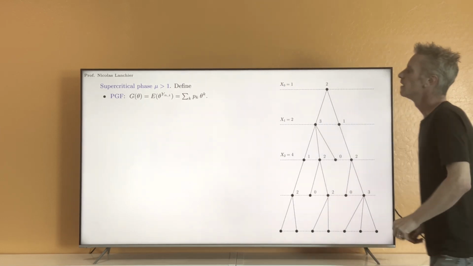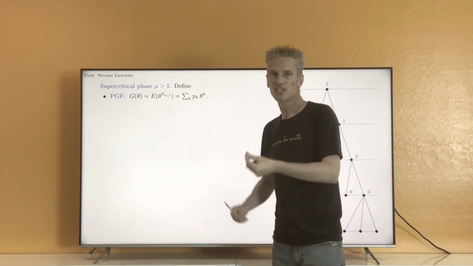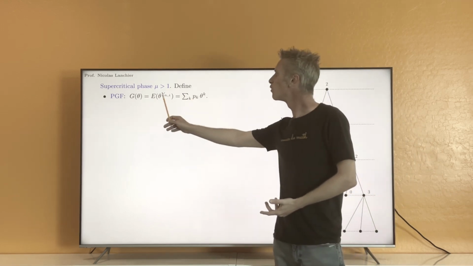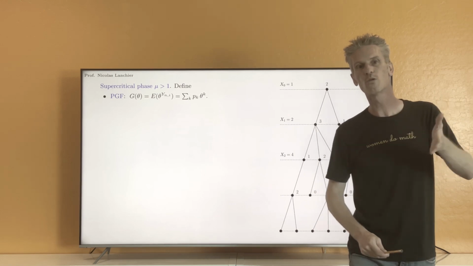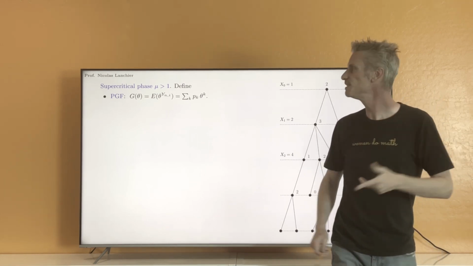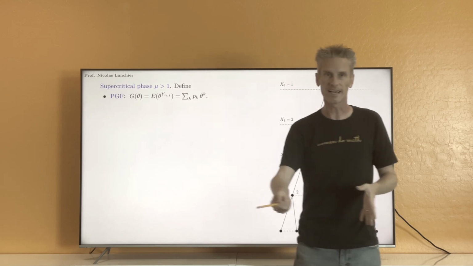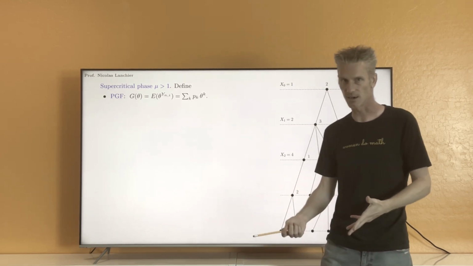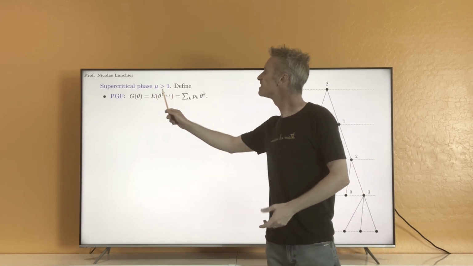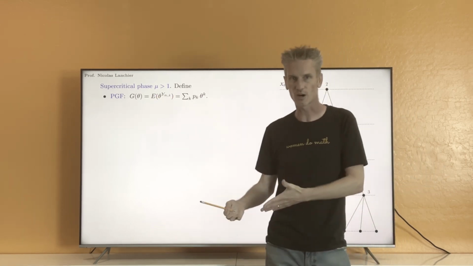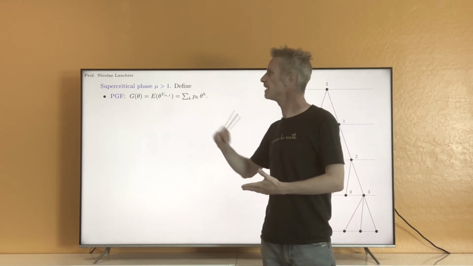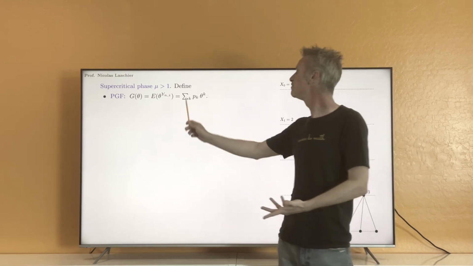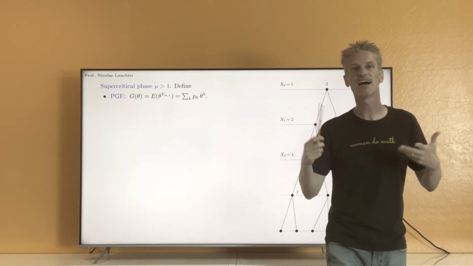Okay? Now, if you look at the definition of expected value, you can express that more explicitly. Y_{n,i} can be equal to 0, 1, 2, 3, and so on, which means that theta to the power Y_{n,i} can be equal to 1, theta, theta squared, theta cubed, and so on. And that's equal in general to theta to the power k with probability p_k. And so this expected value is just equal to the infinite sum of p_k times theta to the power k.